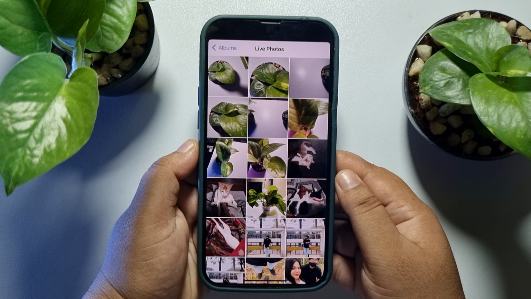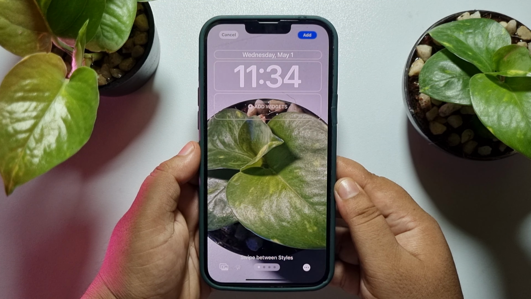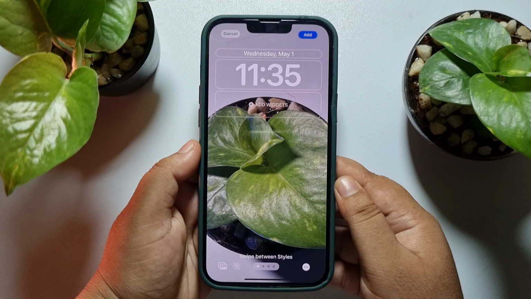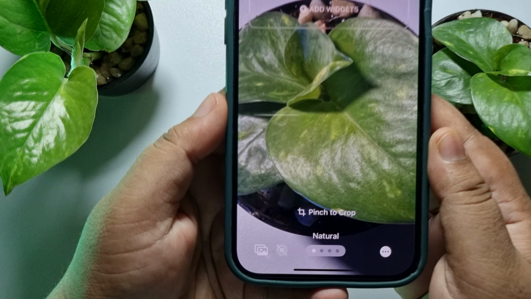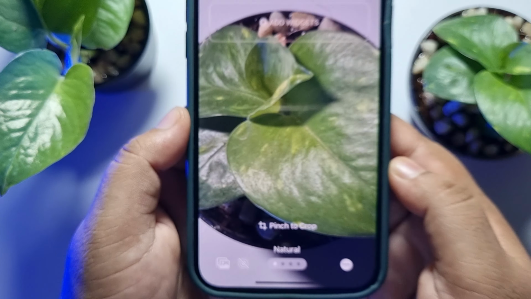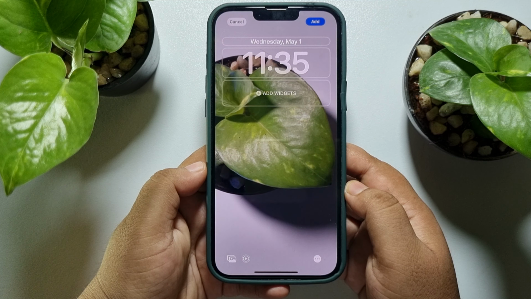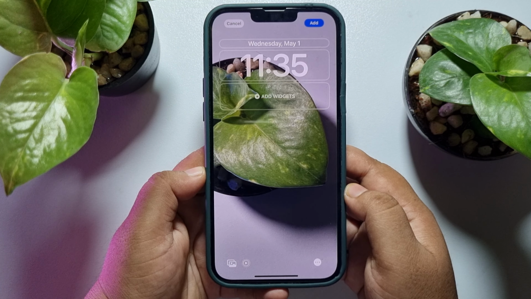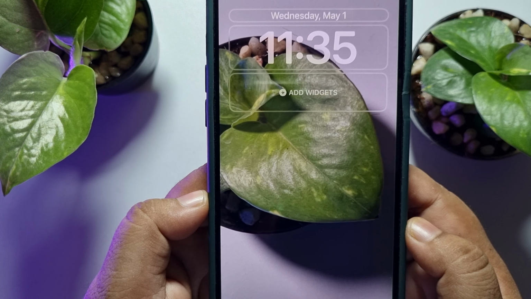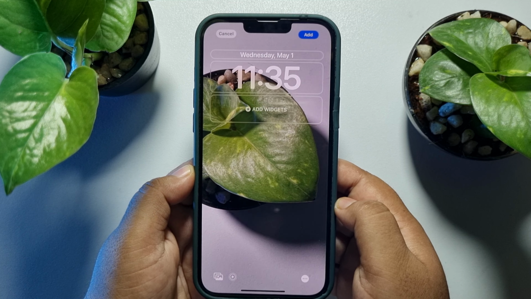Now all you have to do is select the live photo that you want to use to set a live wallpaper, and at the bottom left corner here you will see the live option is currently disabled. So we have to enable this live option. So tap on that to enable the live photo option, and then here we can see the profile photo is moving because it's live. Now just tap on add,